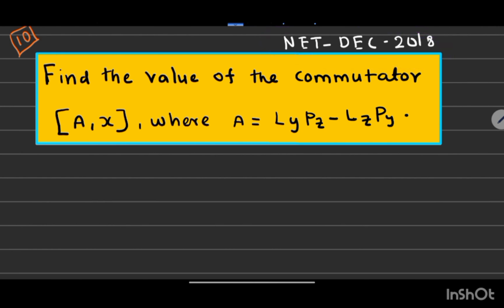Here you have a December 2018 NET question. You have to find the commutation relation A comma X, where A is Ly Pz minus Lz Py, where Lz and Ly are orbital angular momentum operators and Pz, Py are linear momentum operators. So let's first, using the linearity property, expand the given commutation relation. First, A is equal to Ly Pz minus Lz Py comma X, which can be written as, using the linearity property,